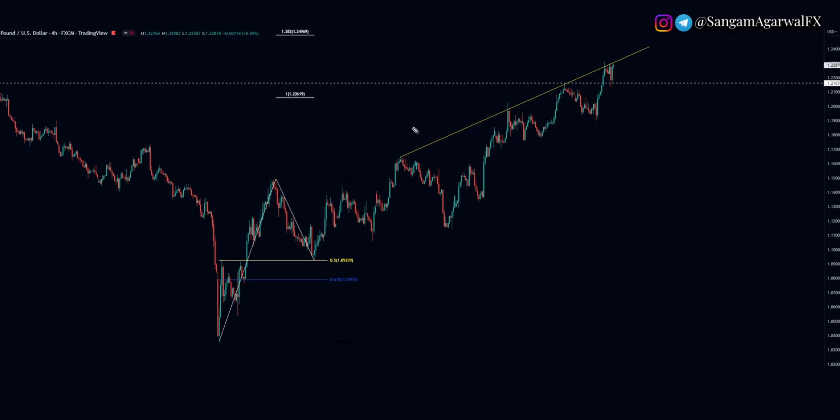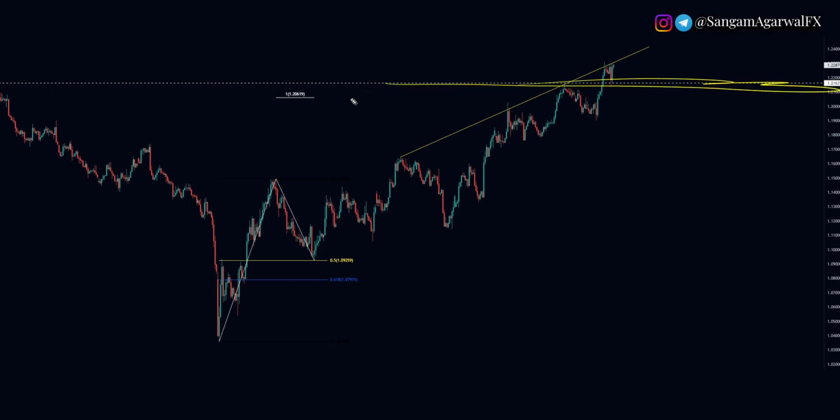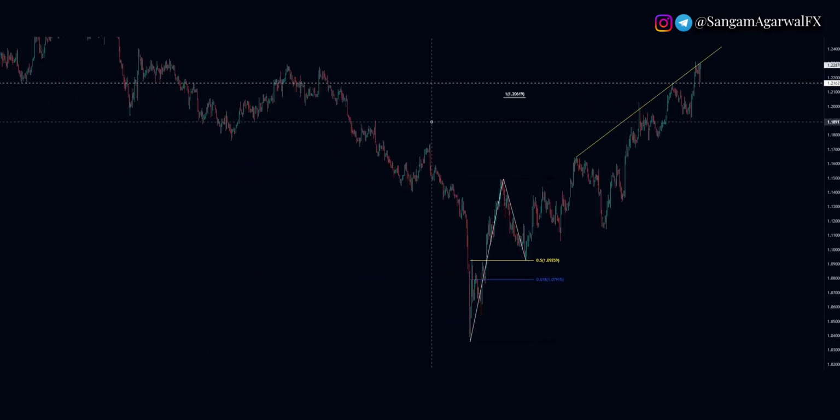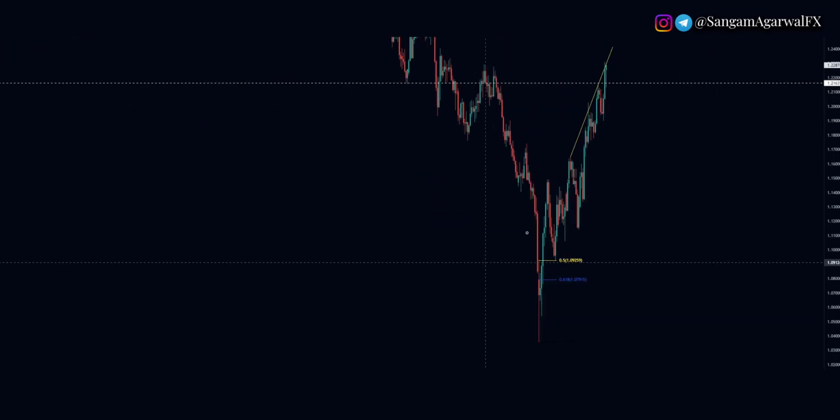And on this time frame we have this trend line, and it is working as a strong dynamic resistance level. It is again testing, and if this trend line holds as a resistance, then it can come down, and that can be a good selling opportunity for intraday traders. But first is that dotted line, that horizontal resistance level. To know more about that resistance level, we go to the daily time frame.